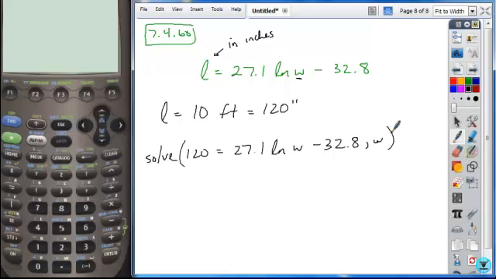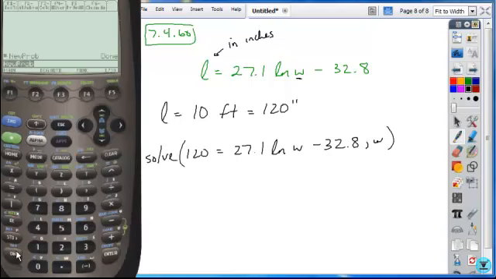And now the other mistake that tended to be made, when you were entering these on your calculator, was to put this minus 32.8 inside the log. So you want to be careful to close off your log after the variable. And so here's how you would enter this information. Hit the F2 Algebra tab, solve, and enter your equation. 120 is equal to